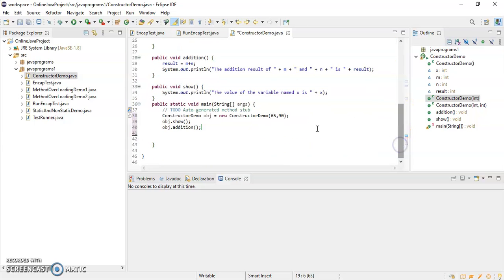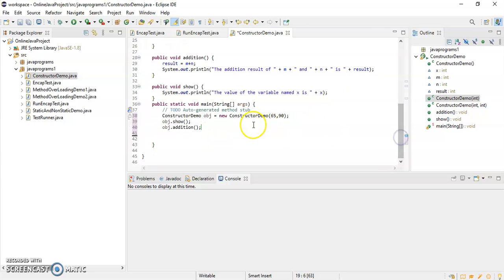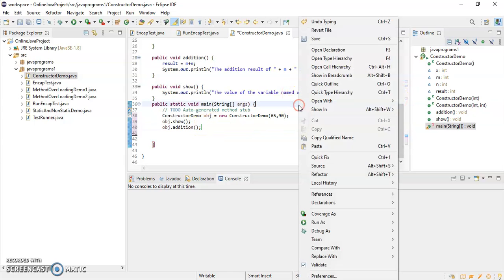So instead of creating three objects, I have created one object and just call the third constructor, because from there I am calling the other constructors. With the help of one object my job will be done. The show method has been written to show the value of x, and the addition method to show the addition result. These methods need to be called explicitly. Now if I run this, I will get my expected outputs.